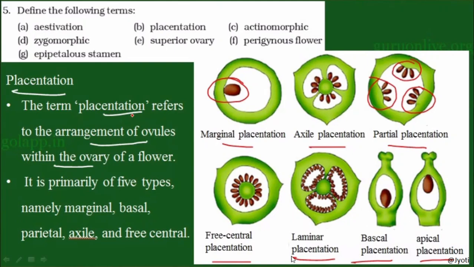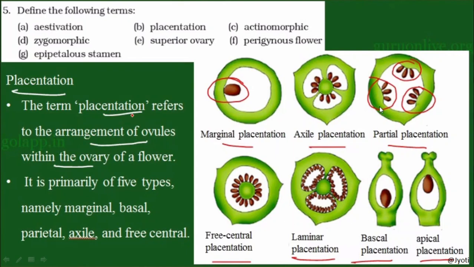So this, as I said, is your parietal placentation. Here you can see, as the picture shows, there are three carpels: 1, 2, 3 carpels are there. So it is syncarpous because the ovarian part is fused, but the ovary is not divided into chambers. And ovules are developed from the wall of the ovary. Here you can see 3 sets of ovules, and the 3 sets of ovules correspond to each of the carpels.